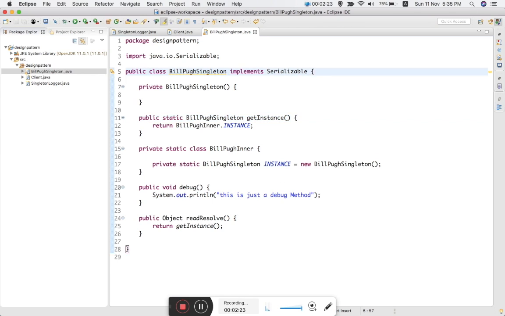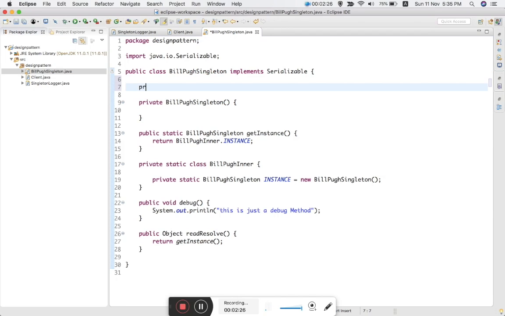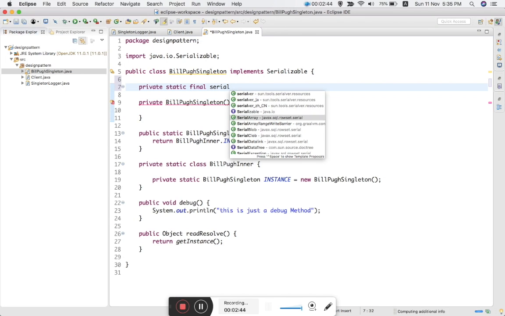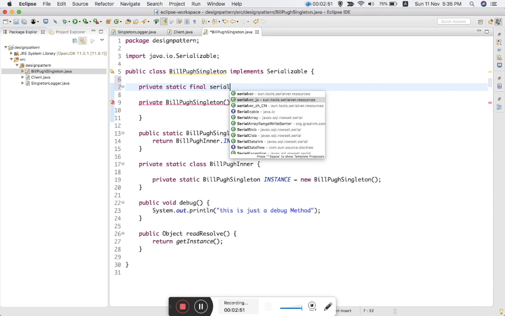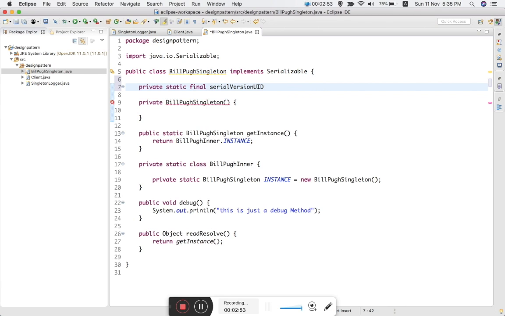And the last point I want to touch on is I'm going to create a private static final serialVersionUID equals